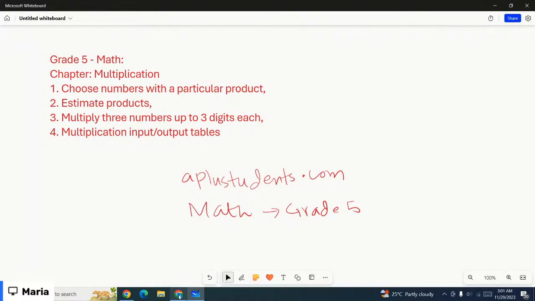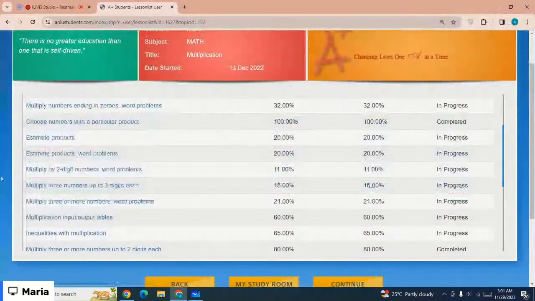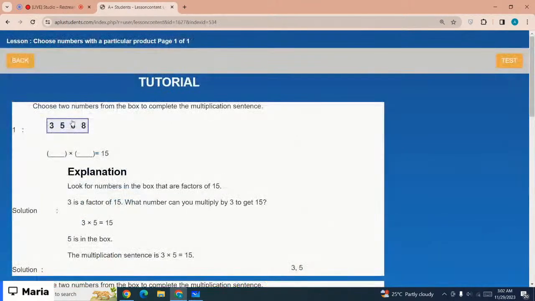So we're already working on the chapter multiplication. We all know how to multiply them, right? Let's just start with the lesson: choose numbers with a particular product. Okay, so the first lesson is